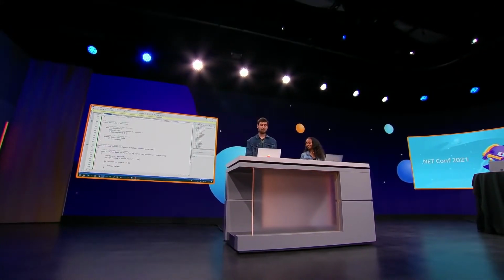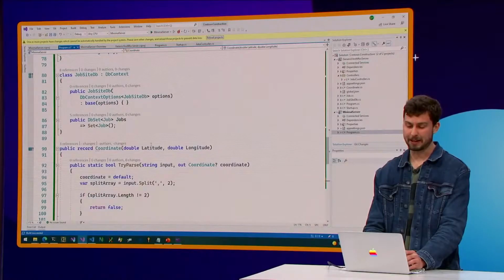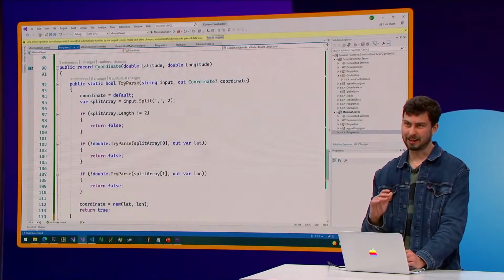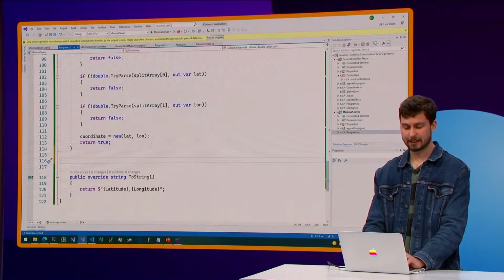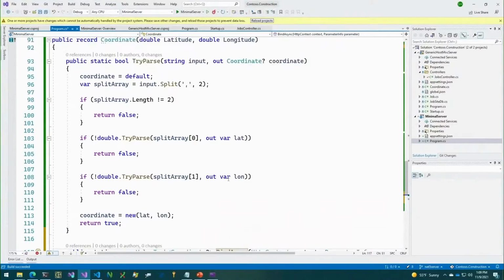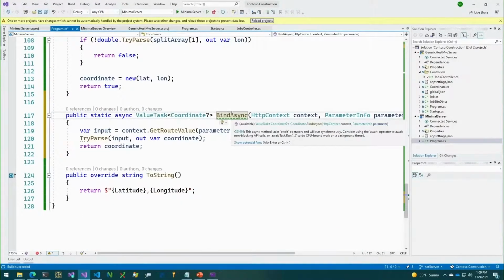Now, this works great for query string and route parameters. But say you want to read something from the body. That might need something that's asynchronous. You don't want to block your request thread. That's a big no-no in ASP.NET. So we also have the option of defining a BindAsync method. If both of these static methods exist on a given type, Minimal APIs will try calling the BindAsync method